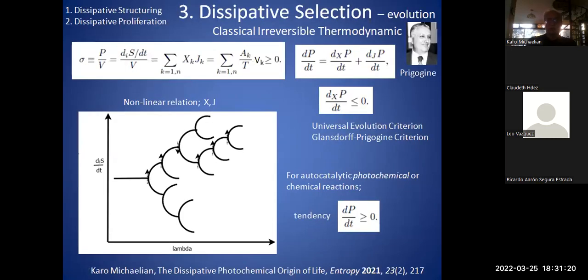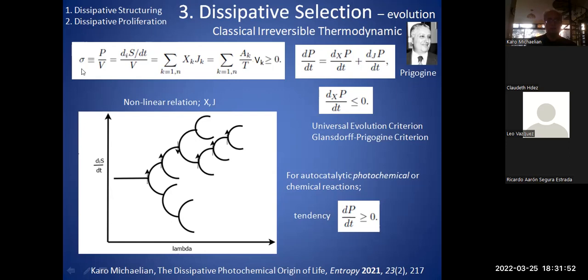So now I'll just go rather quickly because we have only about 7 minutes left to the other step, which is the other component of the thermodynamic dissipation theory of the origin of life, which is dissipative selection. And for here, we have to get into a bit of the thermodynamics of Prigogine, classical irreversible thermodynamics, developed by Onsager and Prigogine. And this is what they won the Nobel Prize for. And this will allow us to include evolution in our system, in our thermodynamic system.